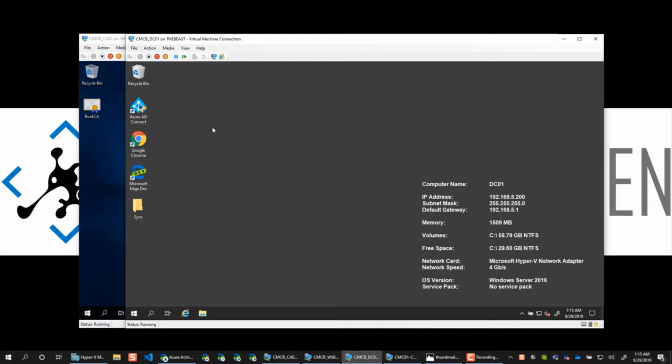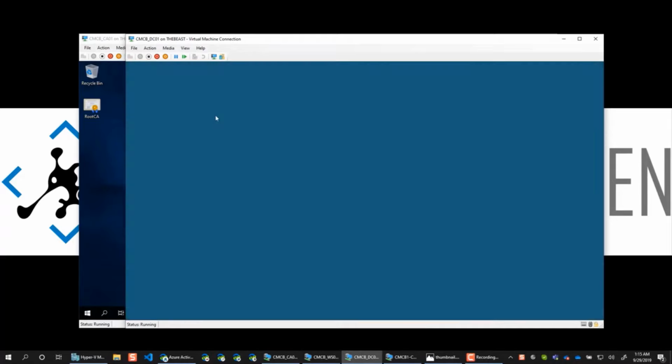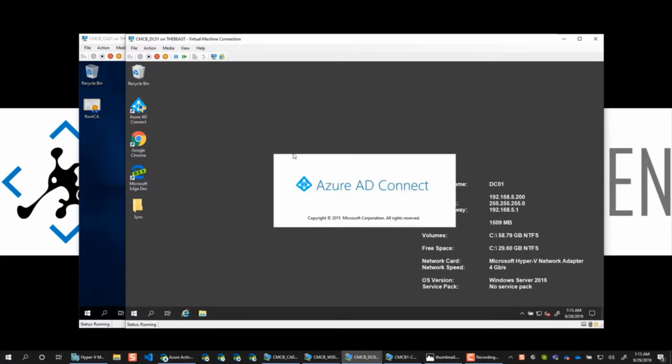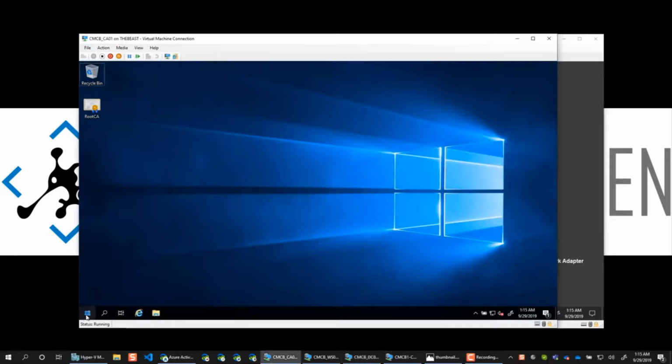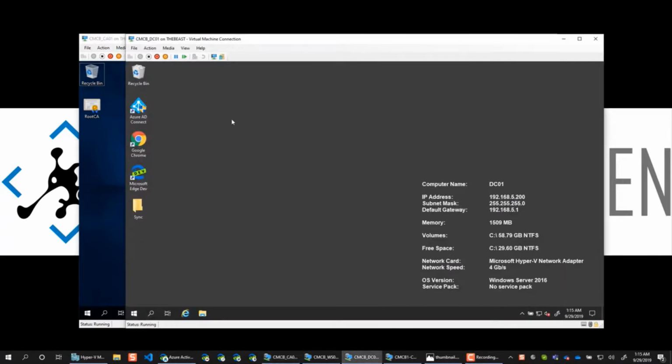So to start, I've got a domain controller that I have Azure AD Connect running on, and it is configured to use password hash sync for my user accounts. And so I'm going to get that open here real quick. And then as I mentioned, I've also got a CA with full PKI running, and that's going to take a second, so we'll just jump over here. So anyway, I've got password hash sync running on the Azure AD Connect, and then also in my Intune environment,